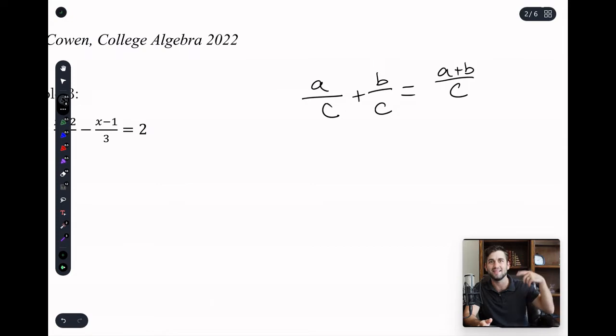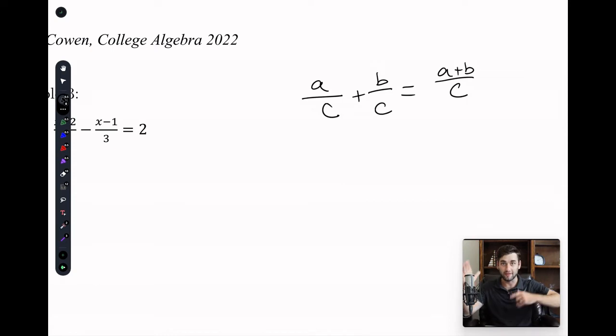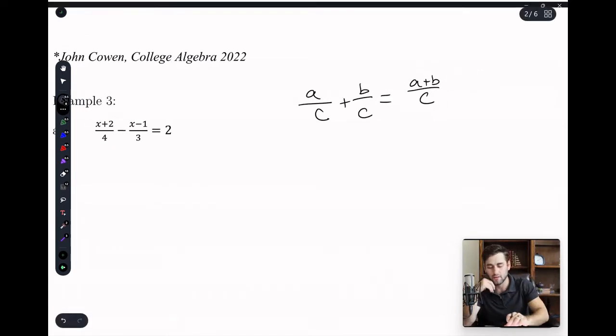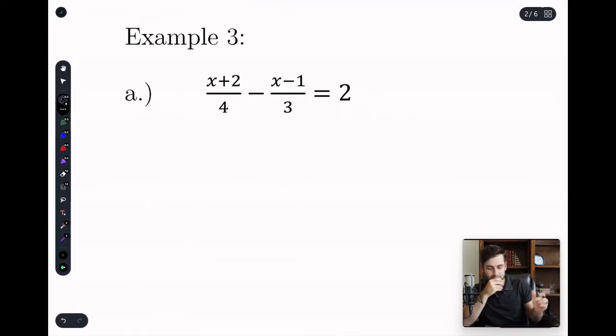That's the adding fractions. It's as simple as we could say, but it's something everybody forgets. Sometimes people make that C plus C. It's like, no. If I have one piece of pizza out of 8 and 2 pieces of pizza out of 8, that's 3 out of 8. We didn't add the 8s together. We only added the tops, right? That's why that happens.